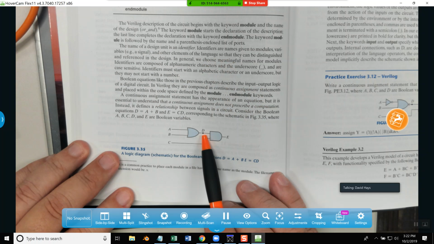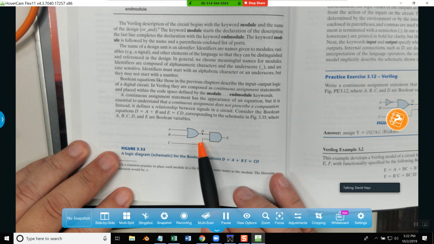Well, our inputs are what's coming in here, A, B, and C. So we got A, B, and C. Our output is going to be Y. And we'll assign out equals